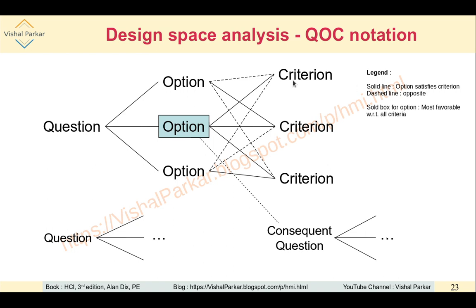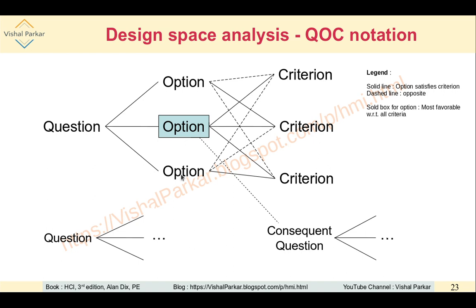So a solid line like this represents that the option is satisfied based on the criteria. So this criteria validates that option. This option satisfies that criteria, we can say. So these are the solid lines where they indicate that the corresponding criteria validates, or the option is satisfying that particular criteria, whereas the dashed line indicates that that particular option is not satisfied against that criterion.